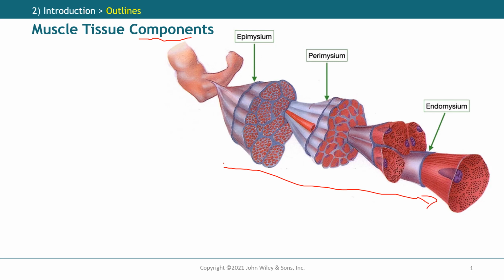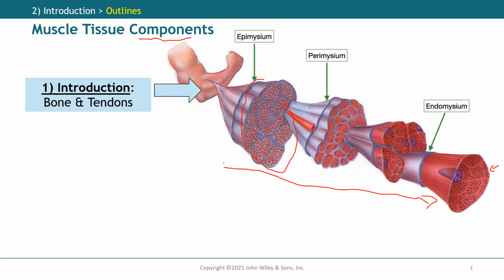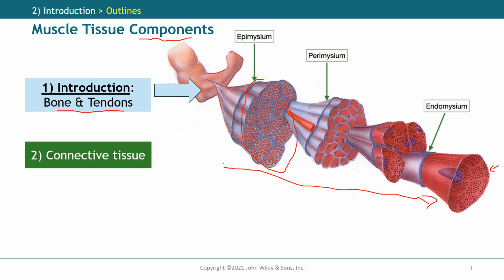So here I'm going to start talking about the fascicle, how all these fibers are all together. And then I will move into the microscopic and talk about the sarcomeres, how this unit of contraction works. So in the beginning, I will give you a little bit of an introduction about the muscles, and then I will talk about how they are attached to bones and to tendons. Then I will move into the different types of connective tissue that are surrounding, at different levels of organization,